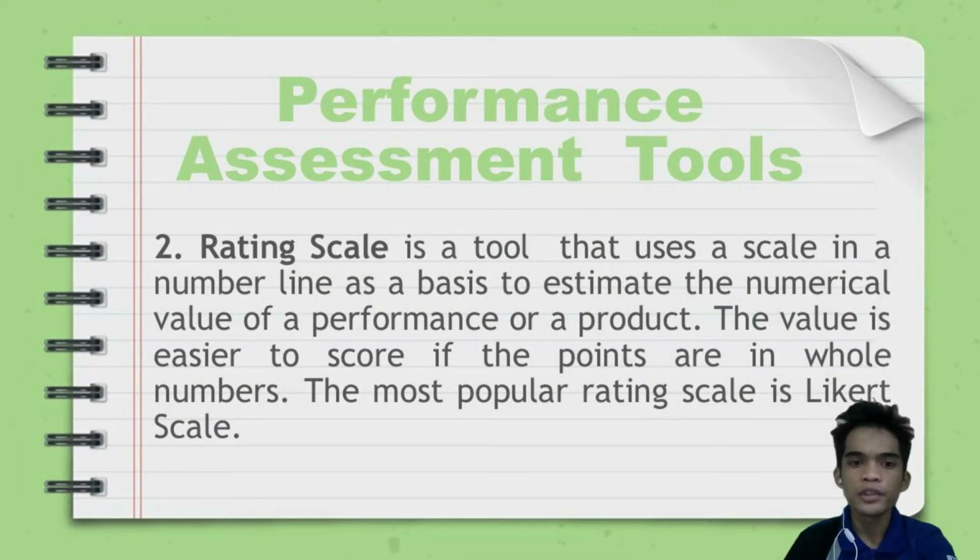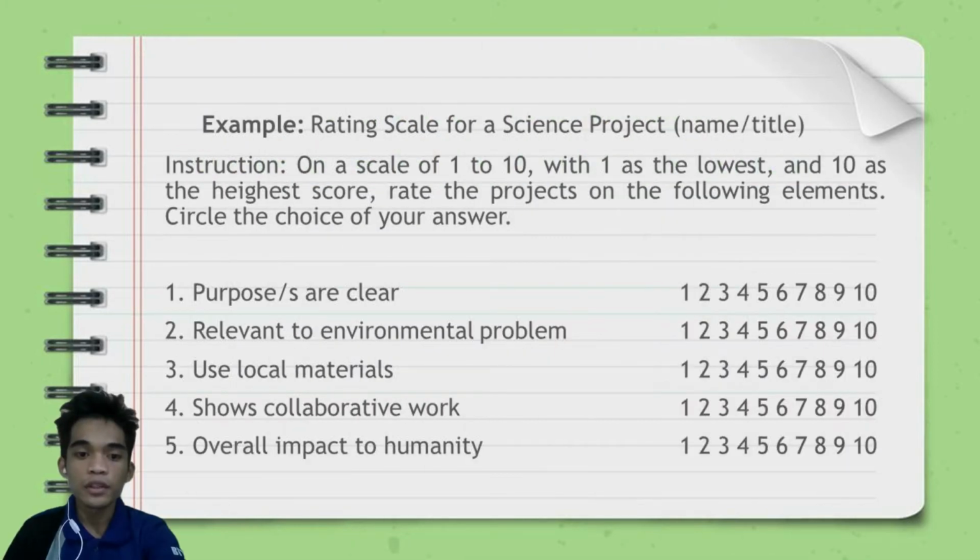Number 2, rating scale. A rating scale is a tool that uses a scale in a number line as a basis to estimate the numerical value of a performance or a product. The value is easier to score if the points are in whole numbers. So the most popular rating scale is the Likert scale. For example, a rating scale for a science project. Instruction: on a scale of 1 to 10, with 1 as the lowest and 10 as the highest,